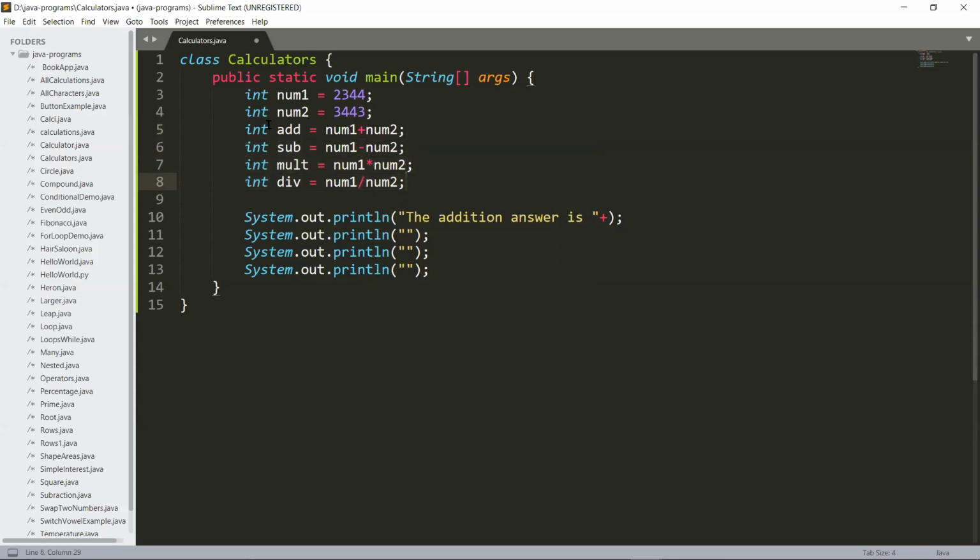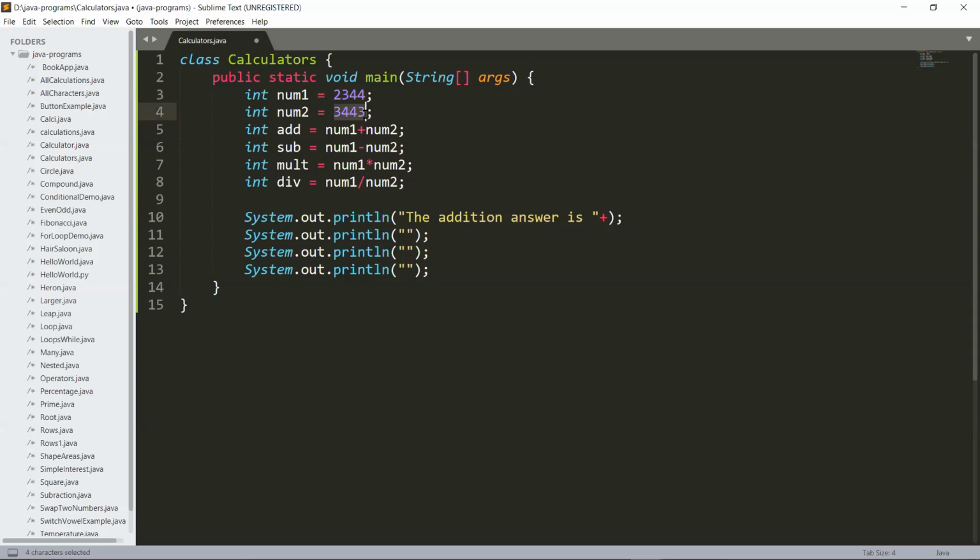Now over here, int data type stores value between minus 2 billion to 2 billion, and it is a default data type that is used for Java programmers. Now over here, I've mentioned these variables. So what are variables? Num1 is a variable, num2, add, subtract, multiplication, division. These are short variable terms. Now, num1, num2 have these specific values.